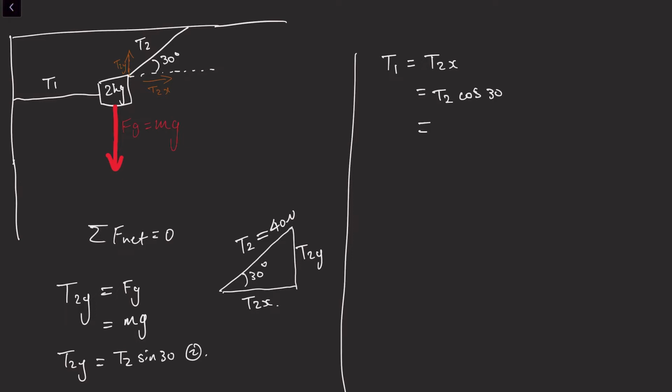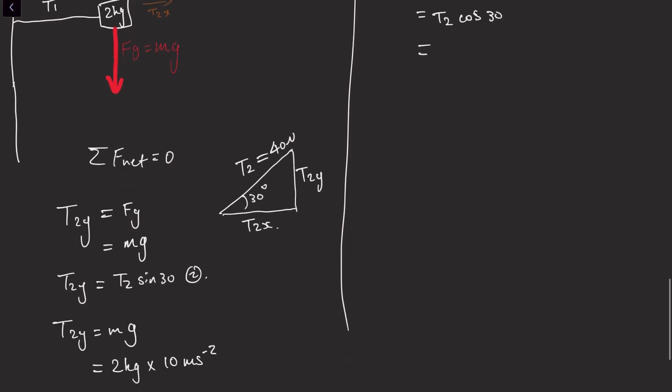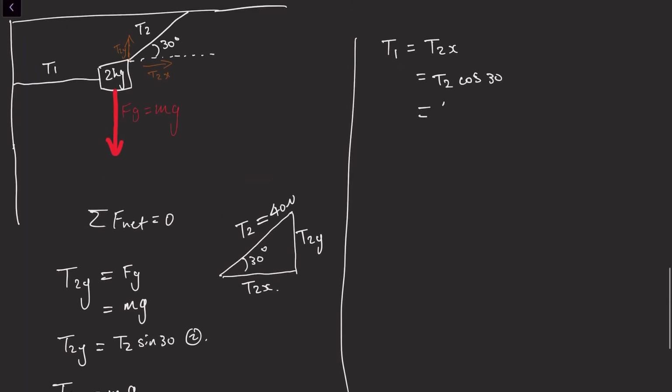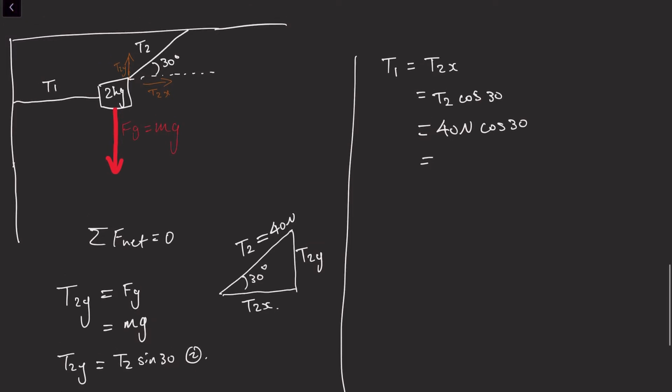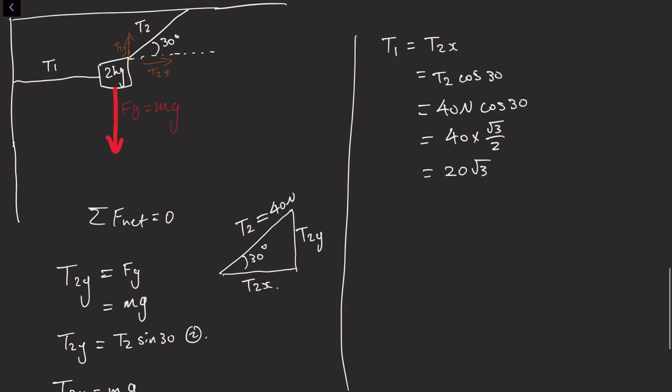And if we substitute in all the values that we know now, we know what T2 is. T2 is 40 newtons, multiplied by cosine of 30. Now, if you know your trigonometric identities, then you'll know that this is 40 multiplied by root 3 over 2. If you don't know it, I highly recommend you memorize them. They're very convenient, and it makes the math very neat. Because now we can simplify to 20 root 3. The 40 and the 2 can be simplified. And if you want that as a decimal, it's 34.64 newtons.